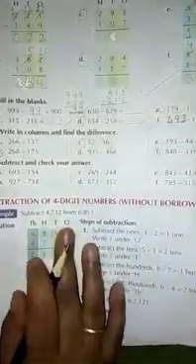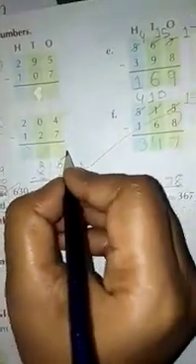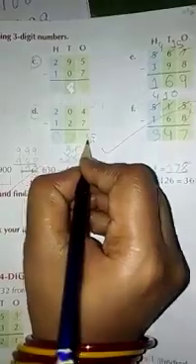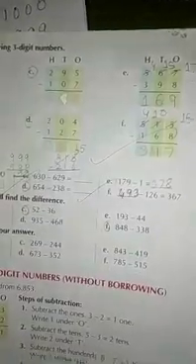Now here given 315 minus 216. So 315 minus 216. Now you see 5 is smaller than 6. So what do we have to do? We have to make it greater. To make it greater, I will write 5 here and borrow 1 from here. Now here 15 minus 6 is 9. So I will write 9 here.